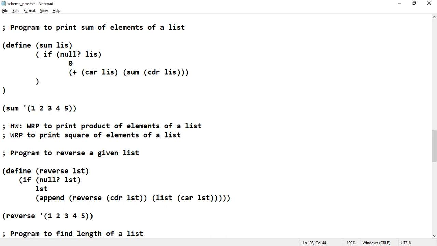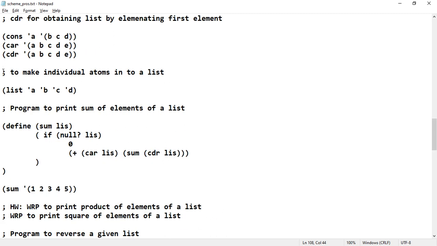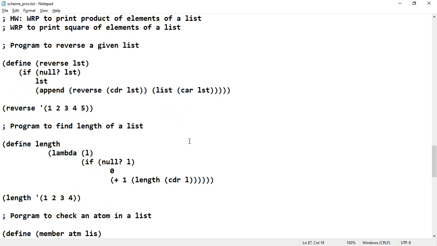We have seen this kind of program previously. For example, if I supply the list as 1, 2, 3, 4, 5, then with the car of the list I will get the first element. Next with cdr and then car, we get the second element, then cdr again and car, the third element, like that. You get independent elements, but with the help of the list function, all these elements can be grouped into a list. This is the idea behind the usage of list here. Thereby you will get the reversing of the list.